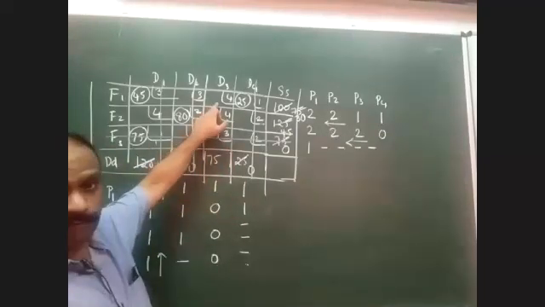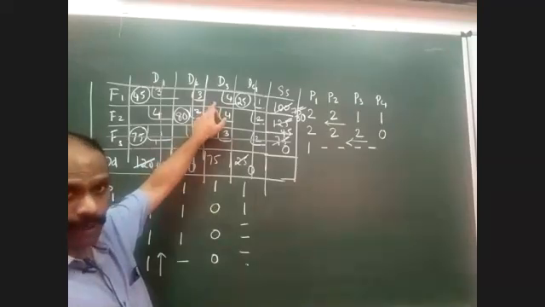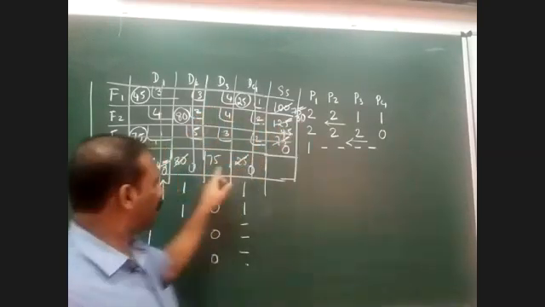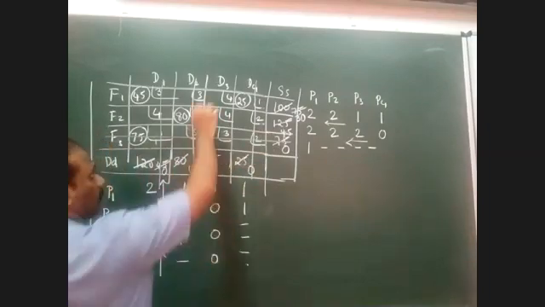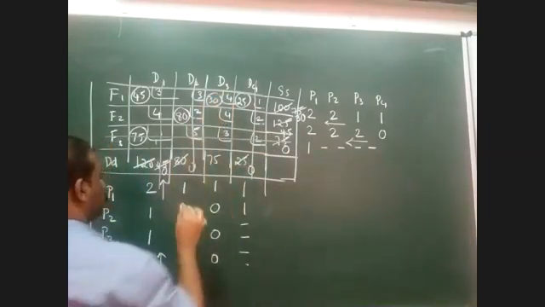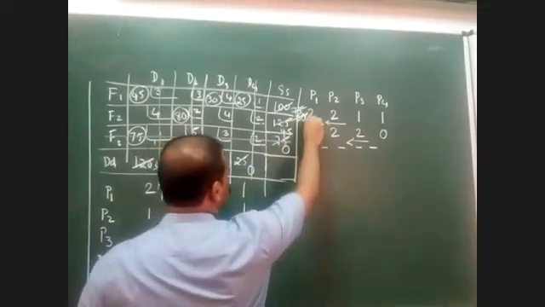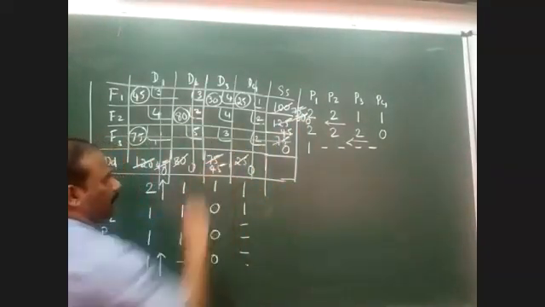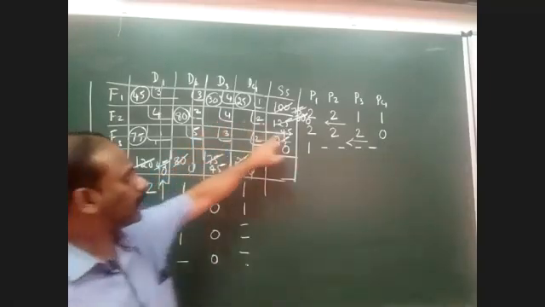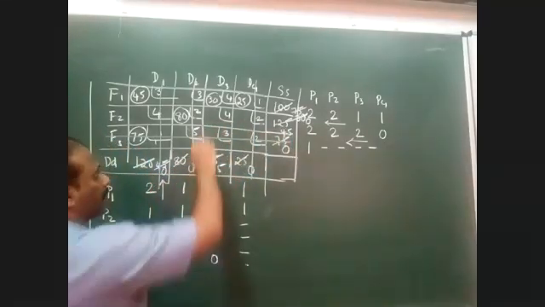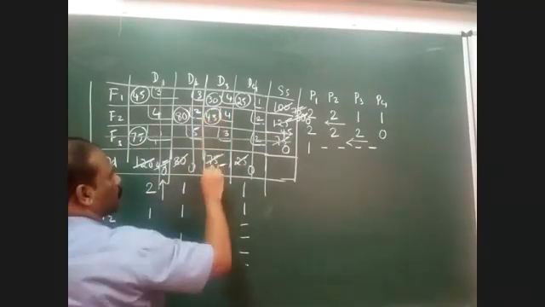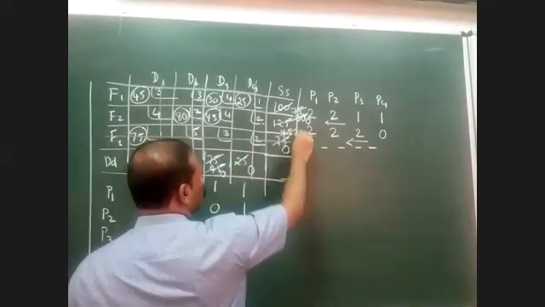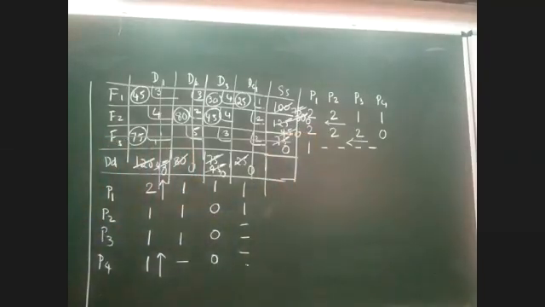Let me take the first value 4. If I'm selecting this value 4 for allocation, you look at supply and demand, 30 and 75 are there. So directly I can take 30. If I'm taking 30, this becomes 0 and this becomes 45. So the last value is again 4 here. You can see 45 and 45. So I can directly take 45 allocation here so that this becomes 0 and this also becomes 0. Now you can see that the entire demand as well as supply has become 0, indicating that the allocations are completed.